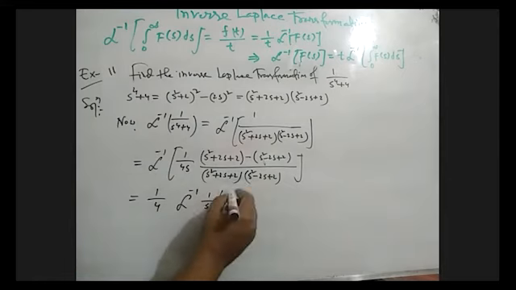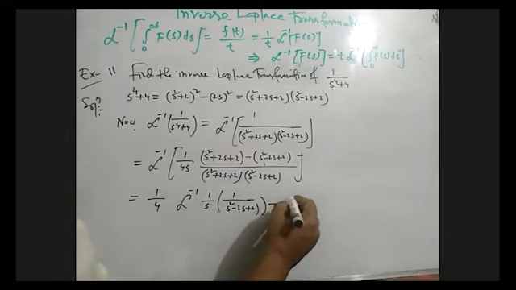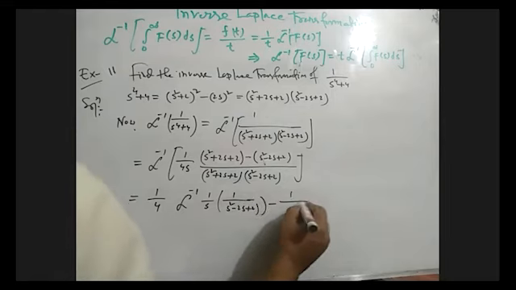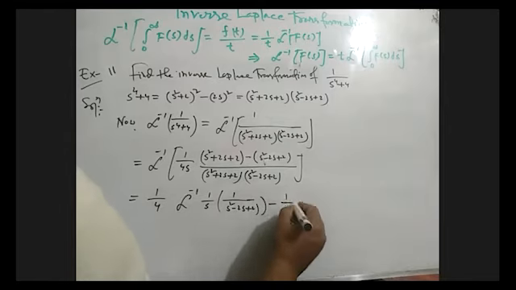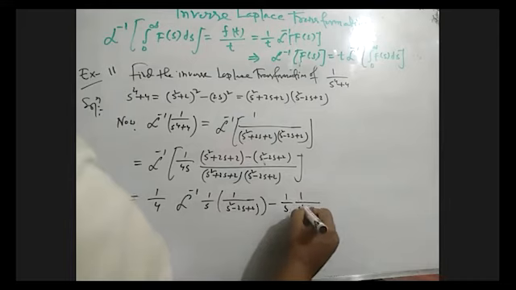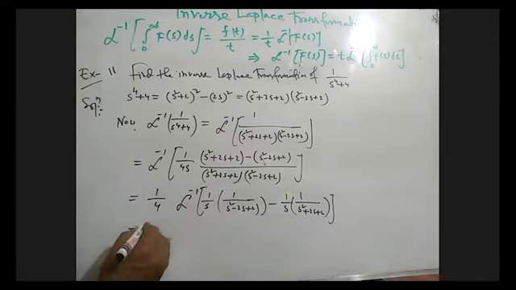This divided by this will be 1 by s square minus twice s plus 2 minus 1 by s square plus twice s plus 2. Now using the same property, we can write